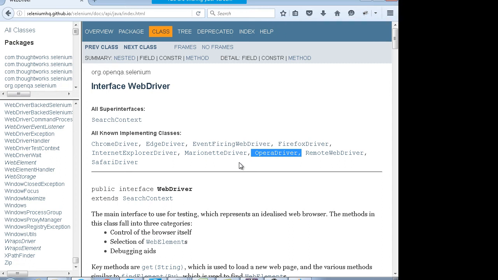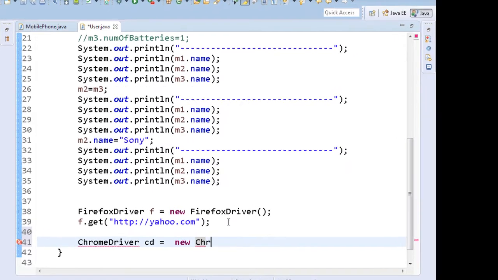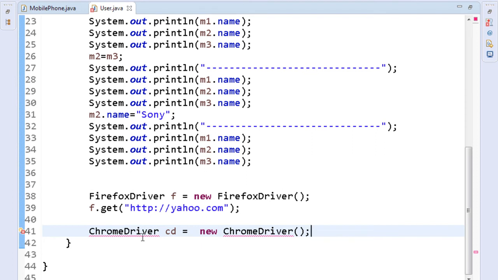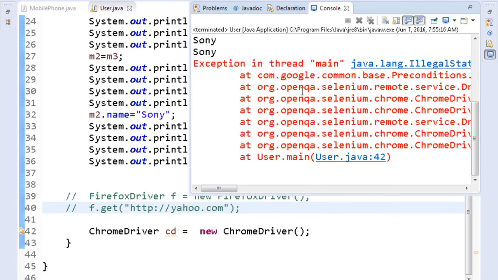Okay, so let's study one driver at a time. I just told you about Firefox driver. Similarly, you can have the Chrome driver. You can create the object of Chrome driver, that is ChromeDriver cd equals new ChromeDriver, and you can import it. Fine, I'll comment these two lines because they'll open Firefox unnecessarily, and when you run that you will get this error